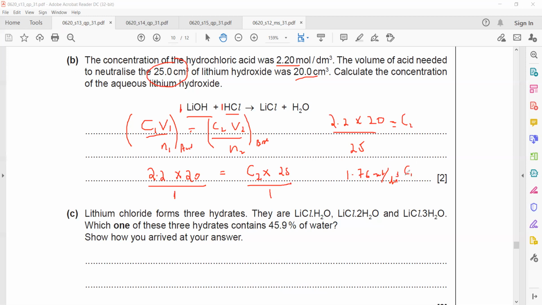And this is a formula which you can use when there is an acid base reaction and you need the concentration of either acid or alkali, or the volume of acid or alkali. The first method can also be used, like the whole working you did in the previous part. That is not a wrong method, but this is a short method to do the same question. And this is only valid for acid alkali or acid base reactions. C1 V1 over N1 equals C2 V2 over N2. Is it clear?